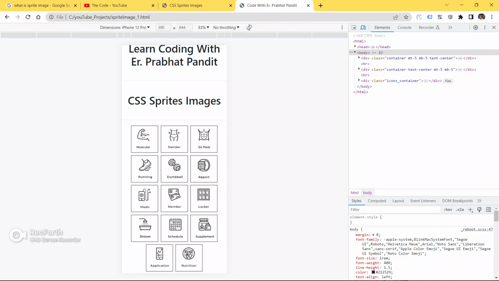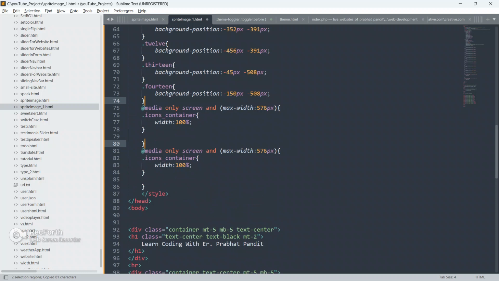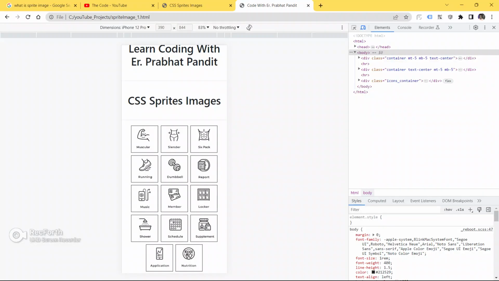See, as of now we got this. It is behaving as responsive now. So now let's copy this and paste it here, and make this 768px for tabs or small laptops. Okay, for tabs or small laptops, 768px.